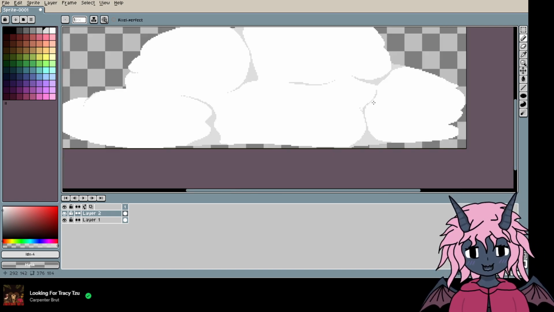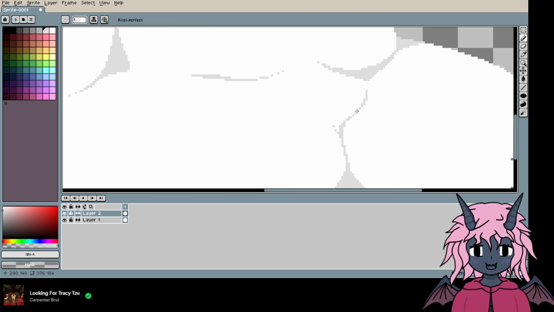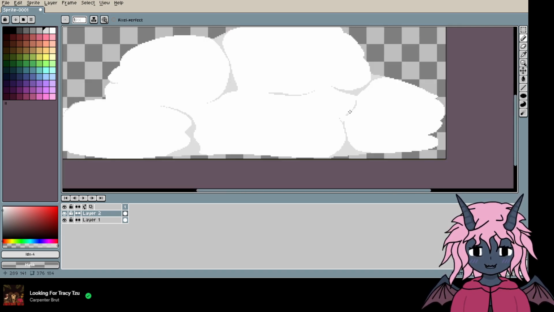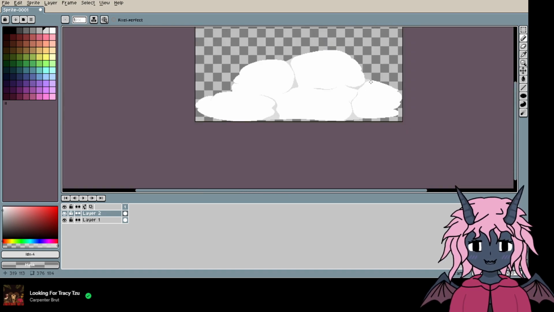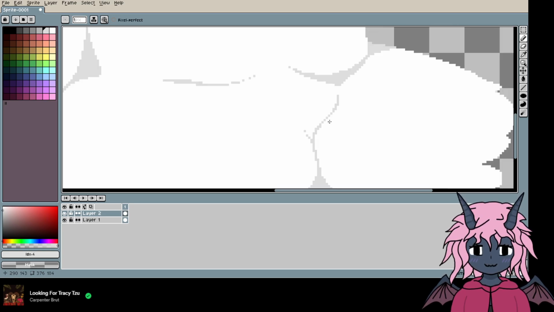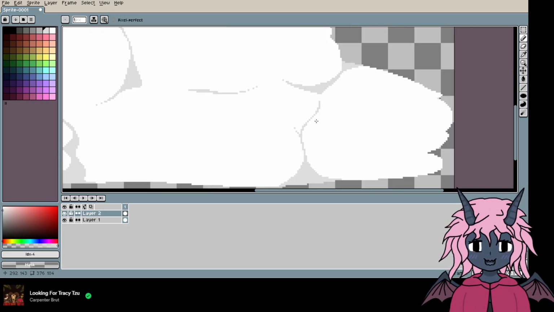Cloud butt. Yeah, it's a little bit cloud butt. I can deal with that later though. I don't know. You like it? Yeah, it's a little bit cloud ass, but